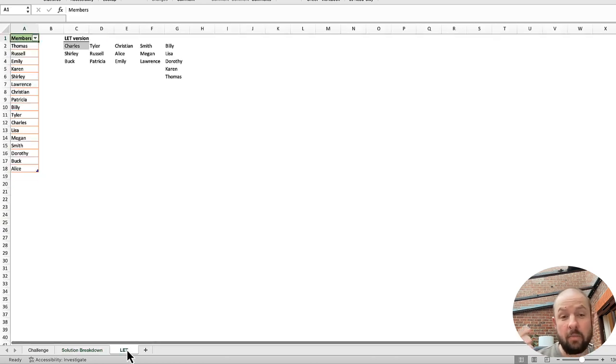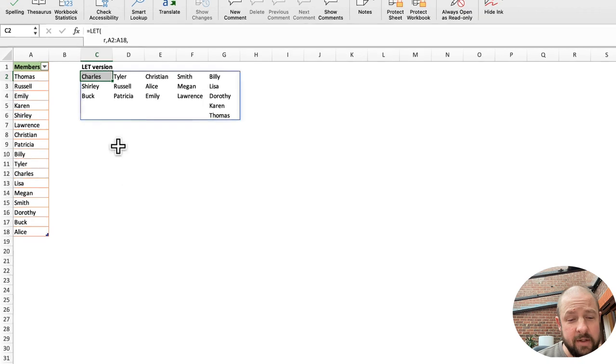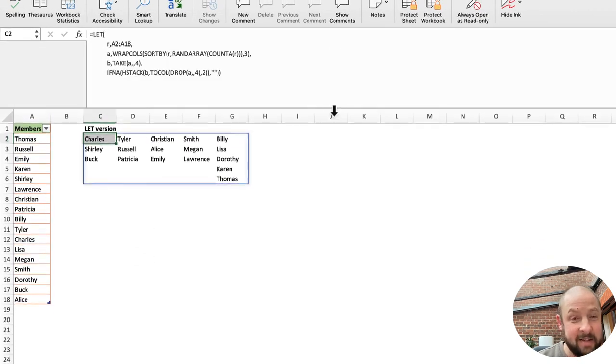And then just to whet your appetites, for some people that like this kind of crazy stuff, you could do it all in one go. So I won't talk through this. You can have a look if you want. If you like the idea of getting into let and lambda territory, then here you go. This is the whole thing solved in one cell using LET. So we're defining these variables R, A, and B. And then from there, we have a final calculation that uses those variable names and produces the